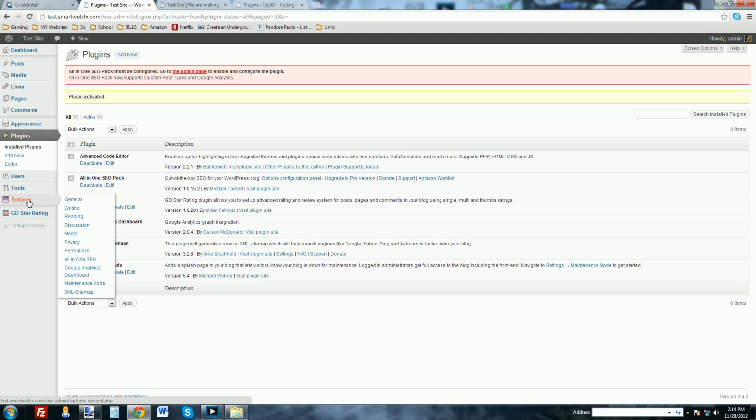If you go over here into settings and pop down this little window right here, maintenance mode, and a lot of your plugins will be down here. The settings for those plugins will be over here on the left. If you can't find them over here on the settings, they might be down here, like GD Star Rating. Also, they might not even have a link. You might have to just go to the plugins page right here and click the settings. But go to maintenance mode,